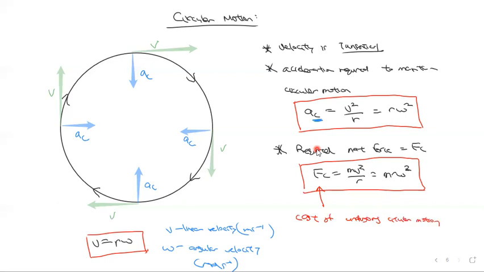If you have forces that can supply the force to pay the cost, then yes, you can make the particle undergo circular motion. If you can't, then it won't. It has to be this amount. If it's bigger or smaller, then it's not circular motion. You'll end up with a spiral. Okay. Now,